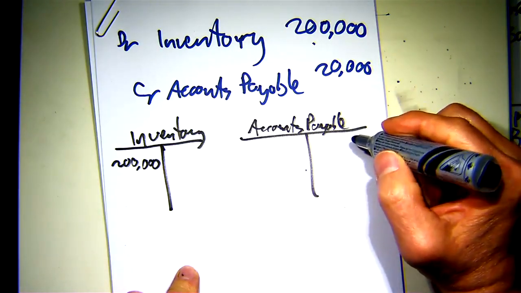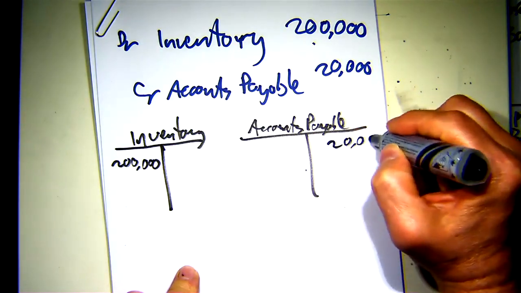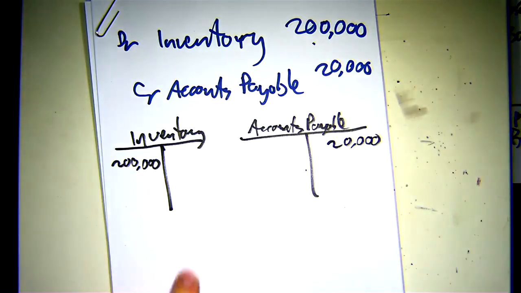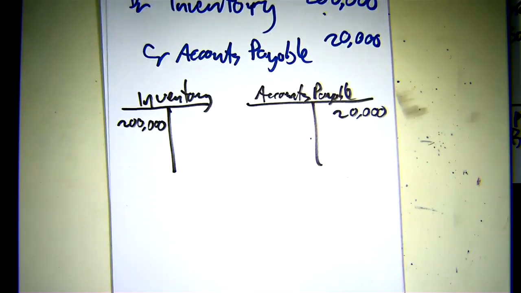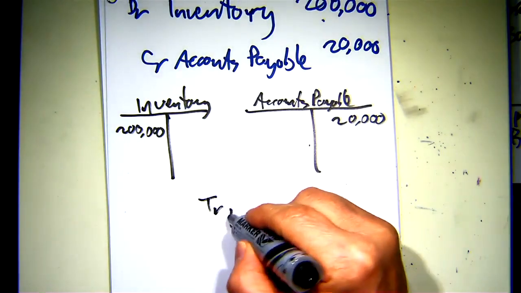So accounts payable is 20,000. Okay, so I've just posted those two. I've left out the dates and the corresponding account, so I haven't given myself enough room on that A4 sheet to do that. Okay, so I've posted that information into the T ledgers, and now if I do a trial balance,